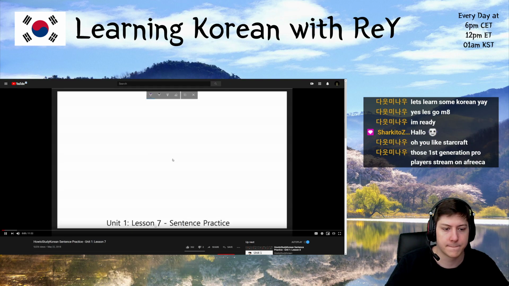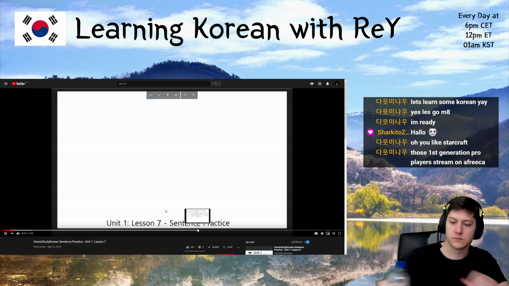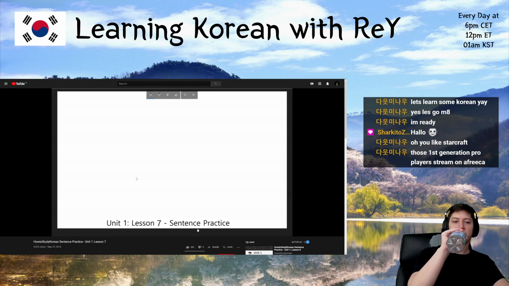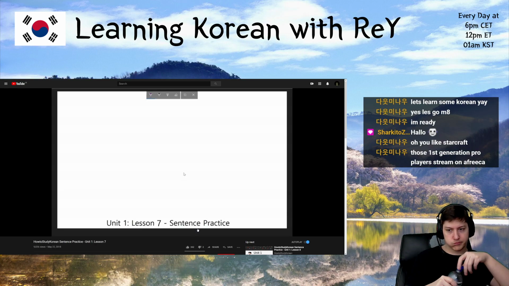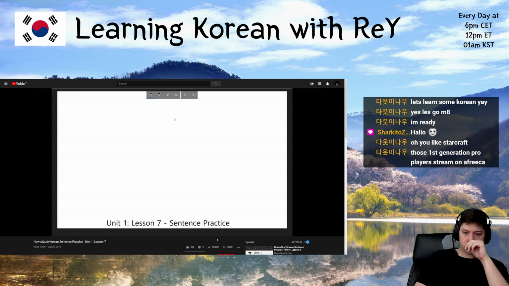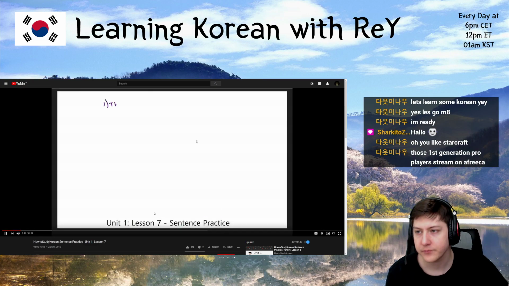Grammar from Unit 1, Lesson 7, and it's going to be your job to try to translate those sentences into Korean. In Lesson 5, you learn how to conjugate. In Lesson 6, you learn how to apply those conjugations to different formalities. In Lesson 7, you learn how to apply those conjugations to different irregulars. Because of this, the videos for Lessons 5, 6, and 7 don't really focus on increasing sentence complexity, but more on the conjugations themselves. The first sentence I would like you to try is, the clothes